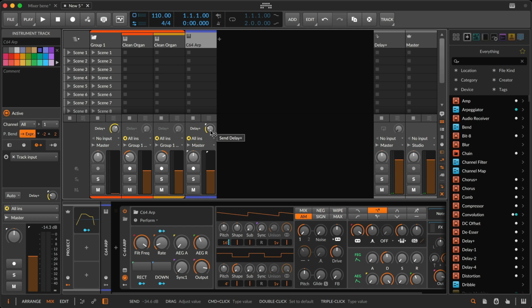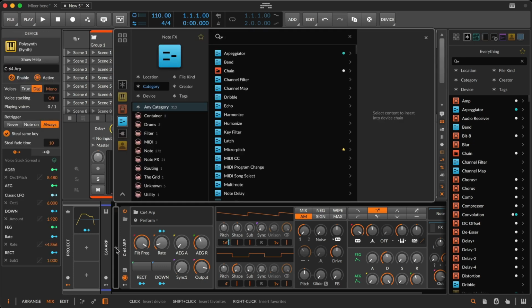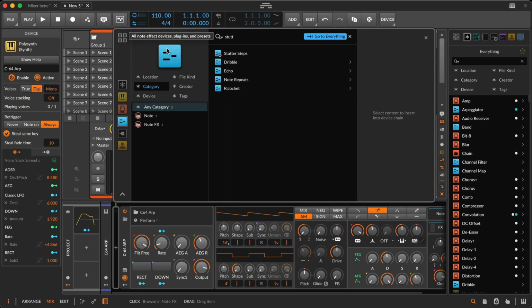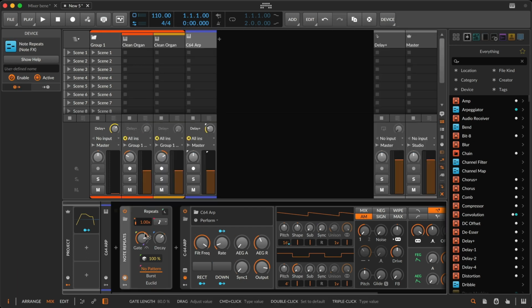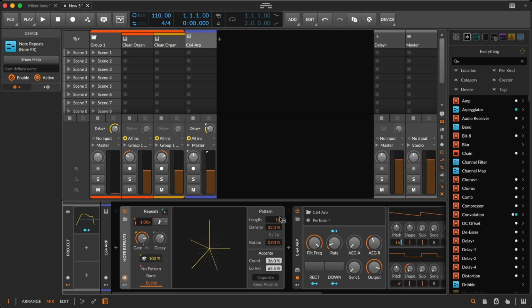Nice. That's not bad. Now, instead of building this as a grid patch, again, I do have separate paths available to me. So if I click plus before the instrument, it knows I want a note effect. Maybe I want something to stutter a little bit, and note repeats might be the trick. I'm going to give it its own life. But not everything. Yes, I've heard of this Euclidean.